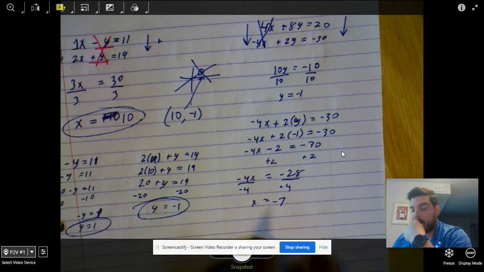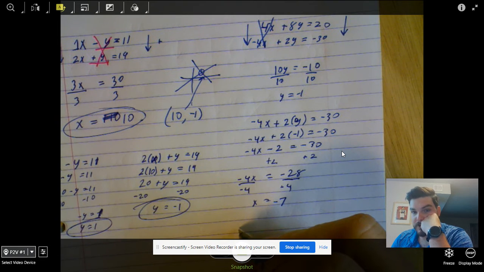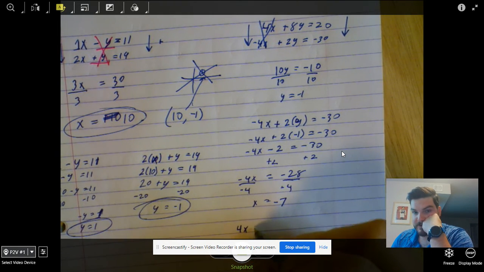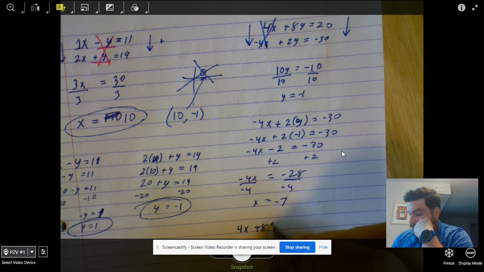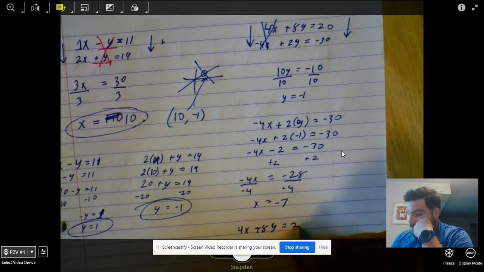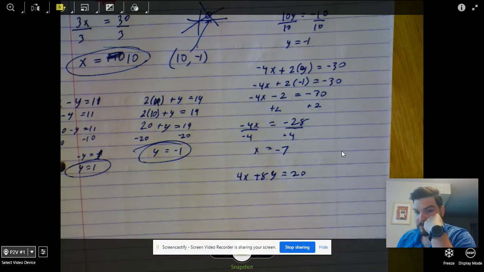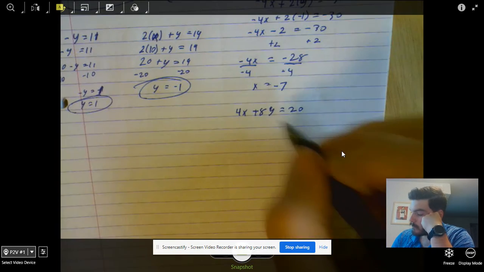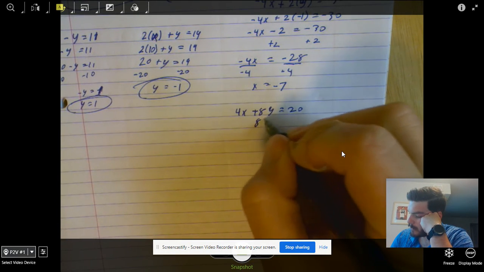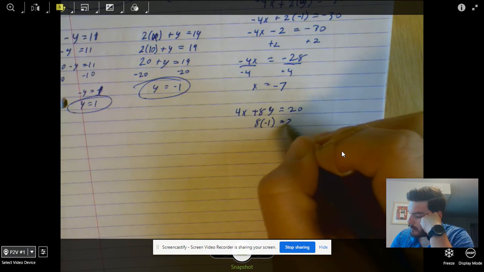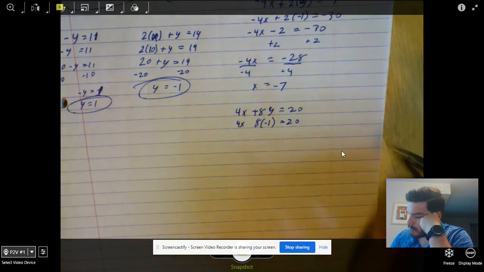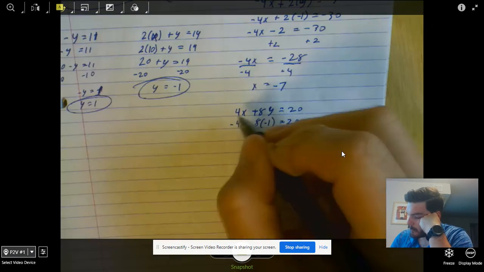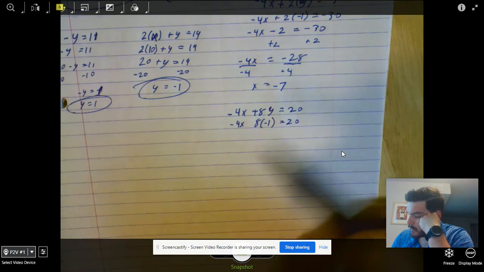And if we want to, just for the purpose of showing, we take 4x plus 8y equals 20. Then I'm going to substitute the y in again. So I'm going to get 8 times negative 1, and that's a negative 4x, sorry. So then I get